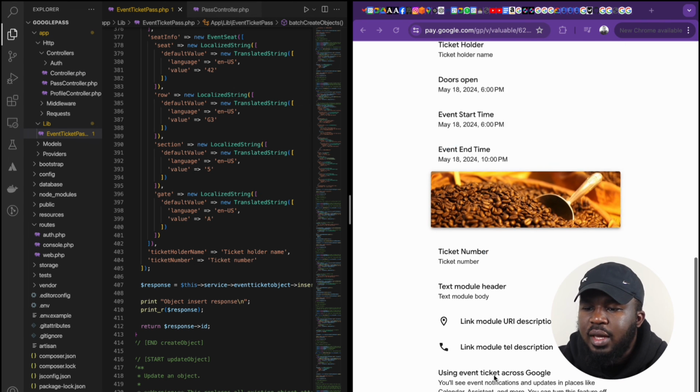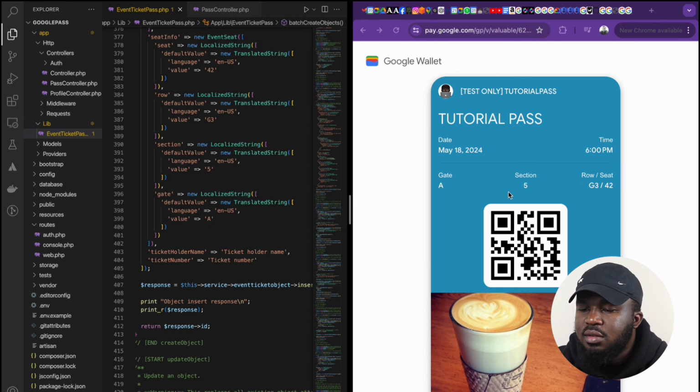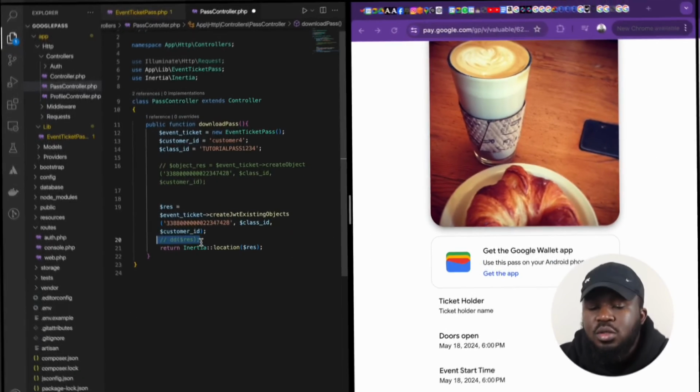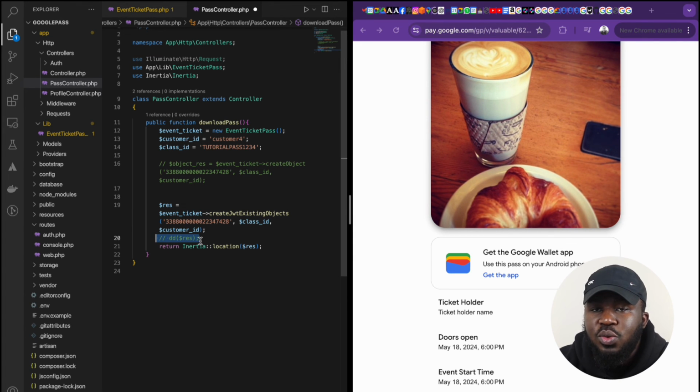So yes, currently the ticket is showing test only as the default, and as we discussed, if you want this to be gone, we need to request the publishing access from Google, and once that is granted, you'll be able to distribute passes to any user that you want. Finally, all we need to do in here is comment out this DD that is killing our process